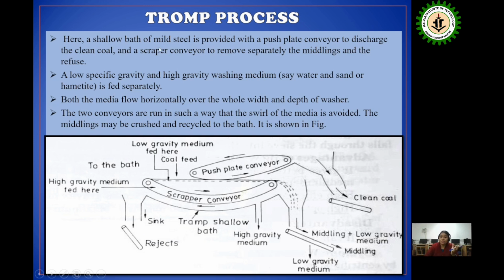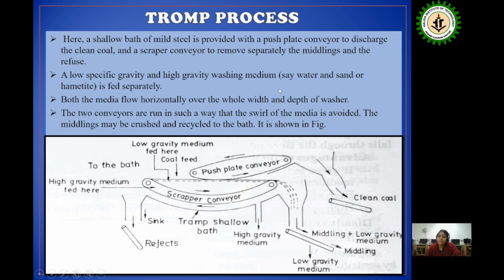This is a shallow bath of mild steel provided with a push plate conveyor to discharge the clean coal and a scraper conveyor to remove separately the middling and the refuse. A low specific gravity and high gravity washing medium